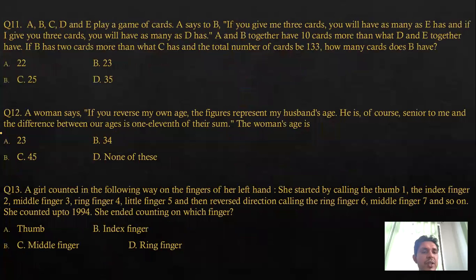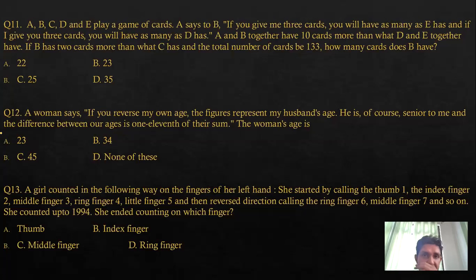Right? Okay, coming to the next question, that is question number 11. A, B, C, D, and E play a game of cards. A says to B that if you give me 3 cards, you will have as many as E has. And if I give you 3 cards, you will have as many as D has. A and B together have 10 cards more than what D and E have together. If B has 2 cards more than what C has and the total number of cards is 133,